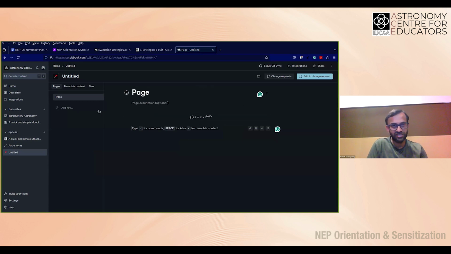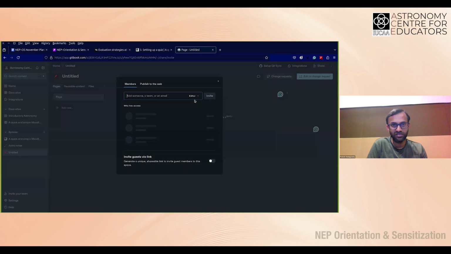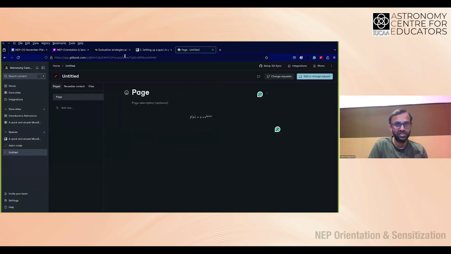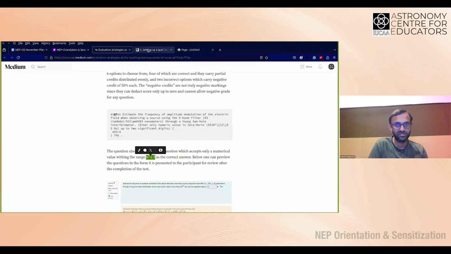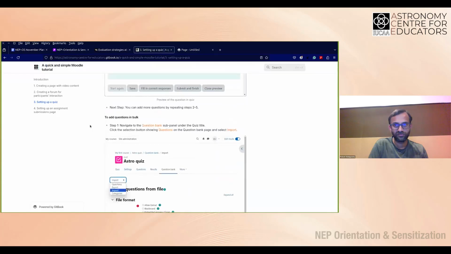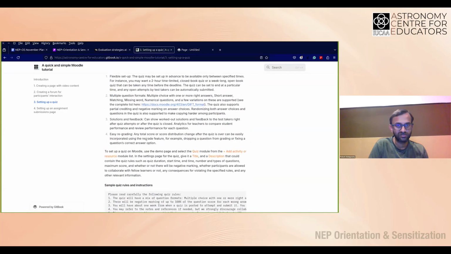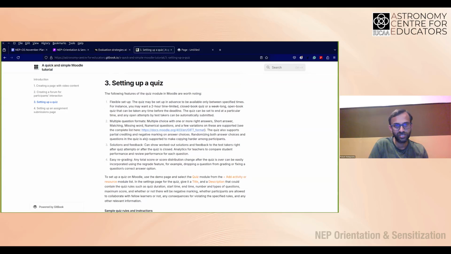The idea is you create such things, it's easily expandable. You can add more content at any time. Then you can eventually share it by just publishing it to the web. You click on create a new site and it generates a site. And that is how I generated this one. So that's again a quick thing that you can use this weekend if there's a solution you're looking for.